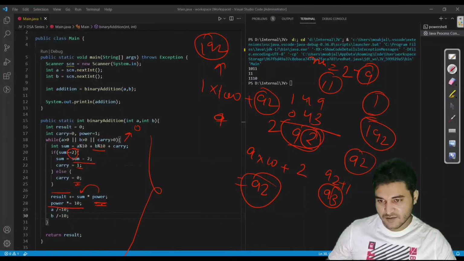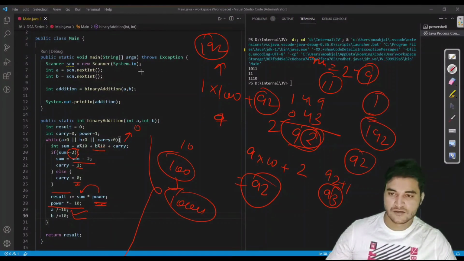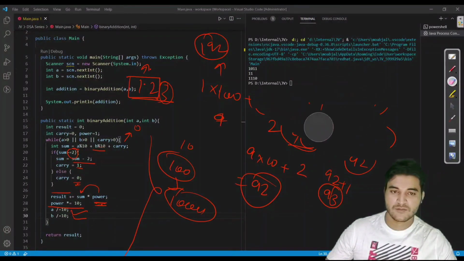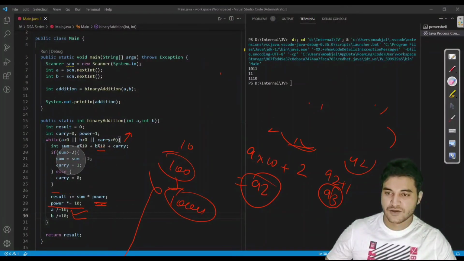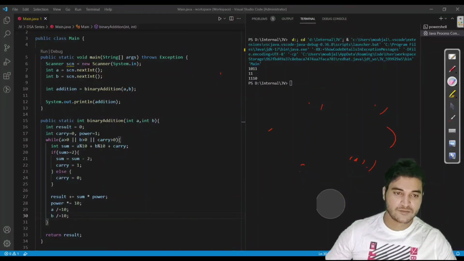And we are also increasing the power by a factor of 10. Let us say previously it was 10, so in the next iteration it would update to 100, and in the next one to 1000. That's how it is going to proceed. At the end, we are reducing the numbers, let us say 1 2 3. After the first iteration is done, we remove the last digit from the number each time. Fine. Let me remove this because this is too messy. You just have to focus on the code. This is the explanation which I have written on the board.